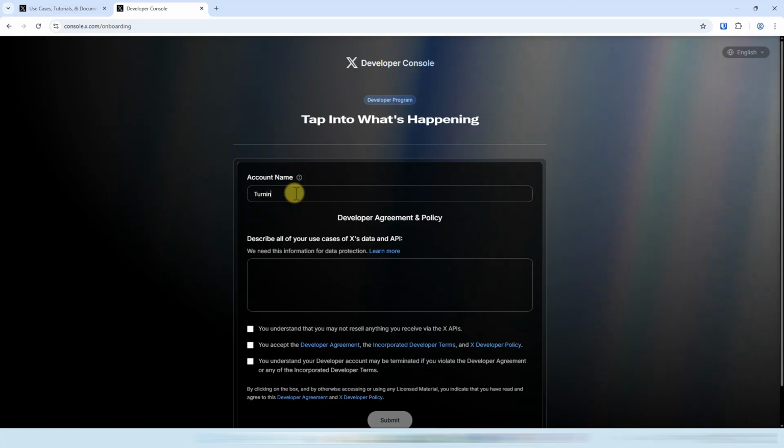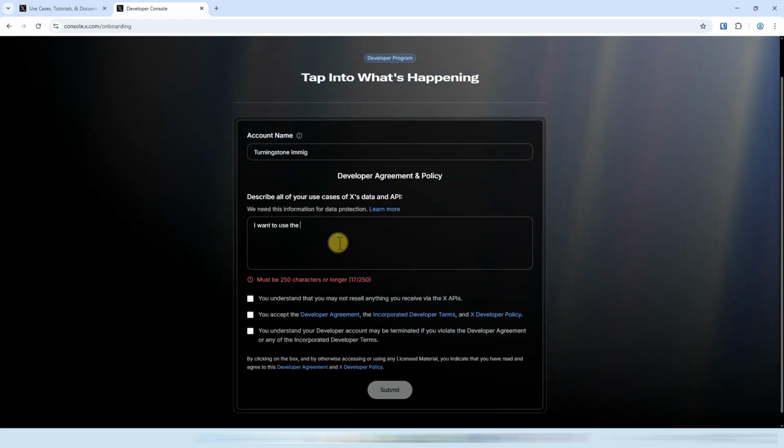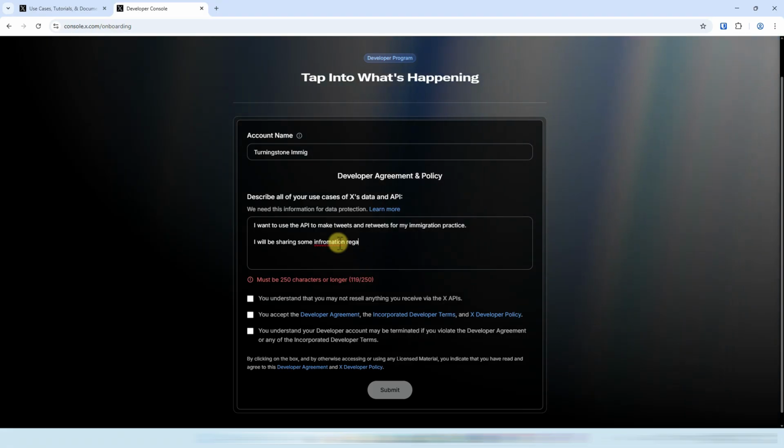so there we are. So here it is going to ask us for the account name. You can put any account name you like. There is no restriction at all. And you can just write 250 characters worth of justification why you want to do that, accept all the terms to the developer agreement. Obviously, you're not going to violate any terms, etc. Otherwise, they can suspend the automation for your account. So once you type in the justification for the use case,